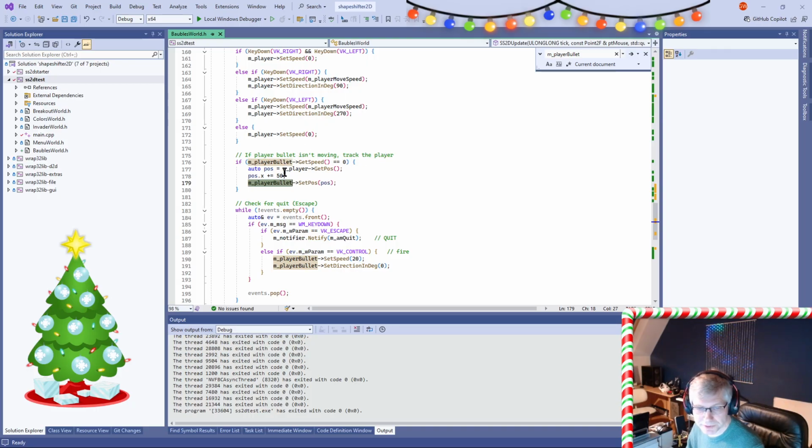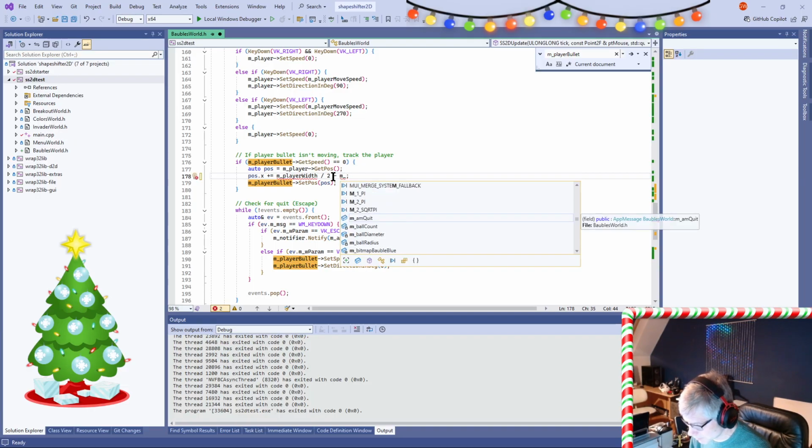If the player ball is moving, track the player. So we get the position of the player and we add 50. Okay, so we need to add on position of the player. So we need to add on the player width divided by 2. And then take off the